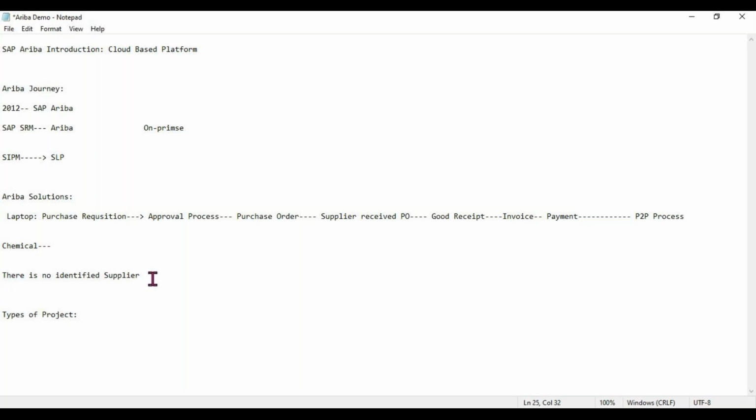In this case, the purchasing department team is first going to follow the process of sourcing. As part of the sourcing, they are first going to identify the supplier, and then